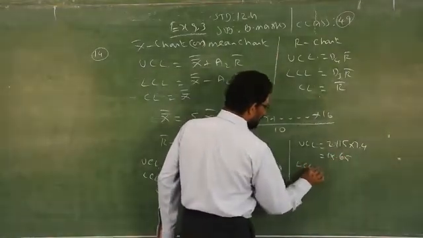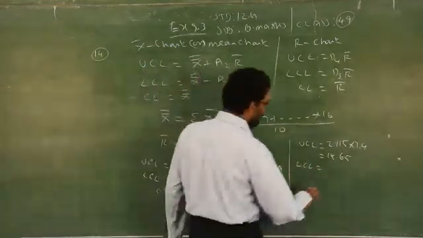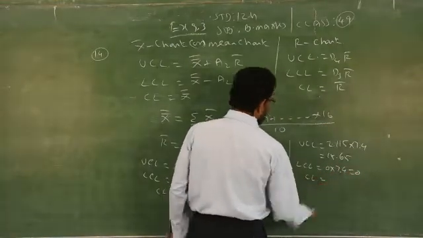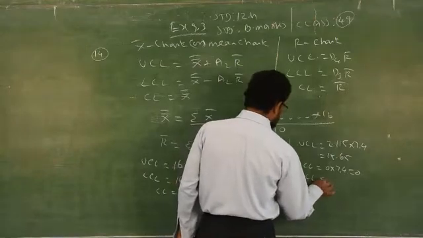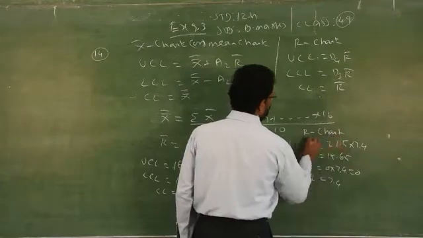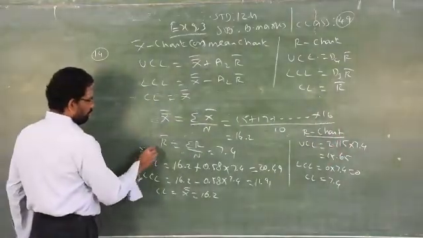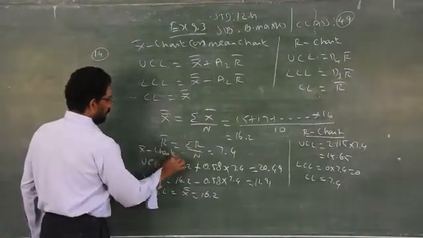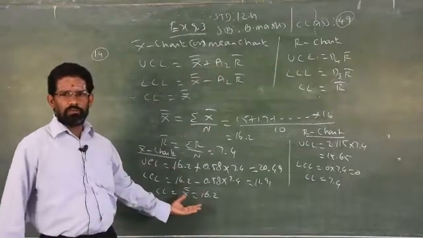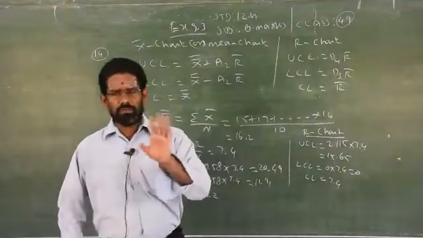Now we have to find LCL, that is D3. Normally they will give the D3 value, which is always 0. 0 into 7.4 is 0. CL is equal to R bar, that is 7.4. This is the R chart calculation, and that was the X bar chart calculation. Clear? So very simple. I am just substituting the values in the formula. A2, D3, D4 values are given already in the question, no problem.